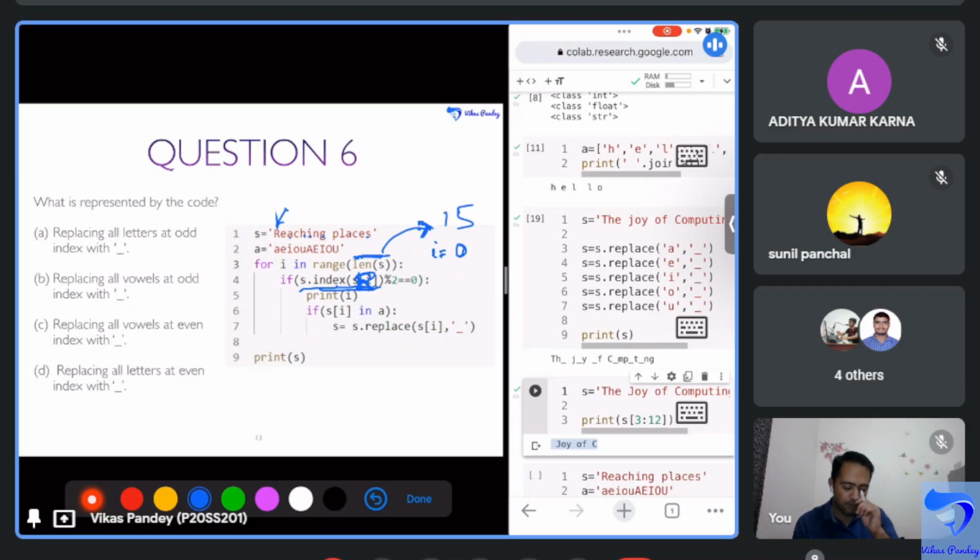We are doing it a harder way. Okay, S dot index R is divisible by 2. So if 0 is divisible by 2, the remainder is 0. Okay, then only this part will run. Else nothing will be run. Similarly, when it will become 1,